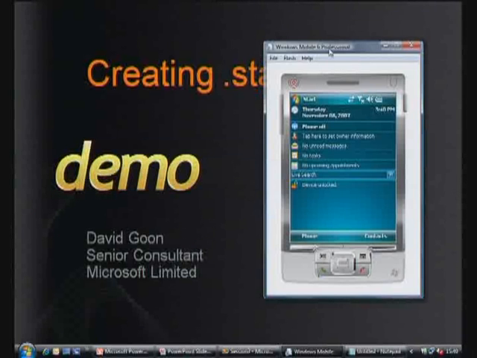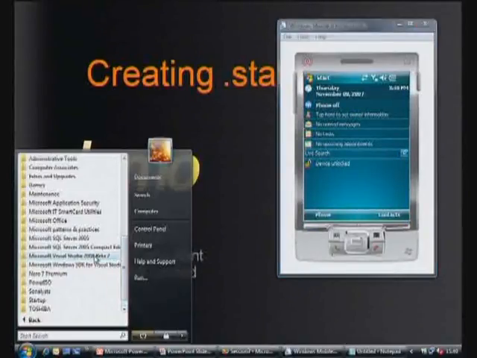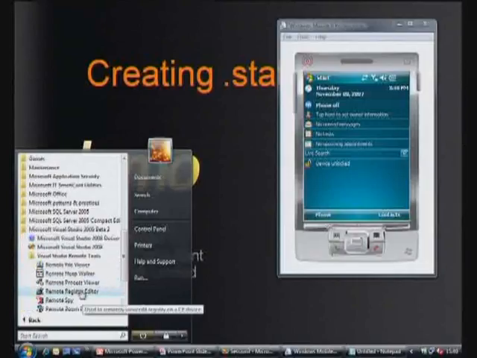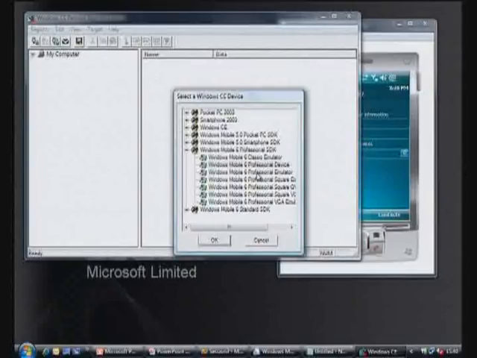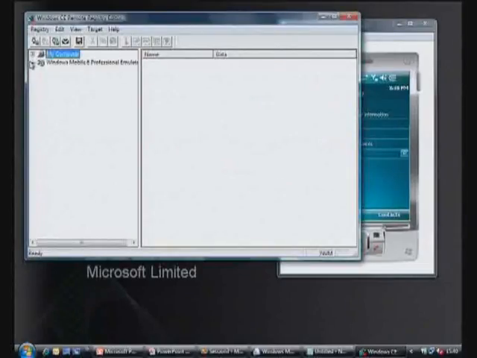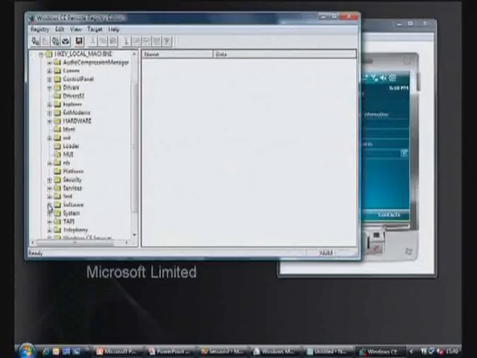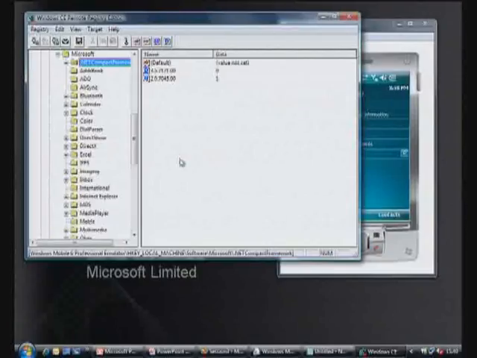Okay, so this is the emulator I'm going to use. What we want to do is go to the remote tools supplied by Visual Studio, and we want to enable the registry editor. We'll connect to the emulator, and this will show us the current registry hive on the device itself. Under HKEY local machine, software, Microsoft, you will see the .NET Compact Framework link. It is under this link that you will need to add the key,